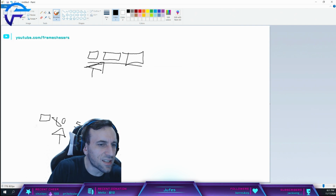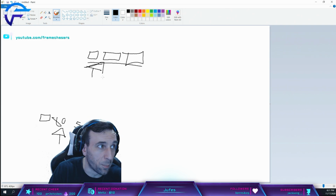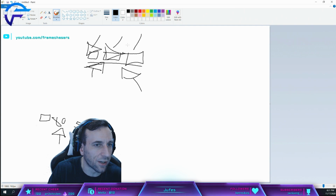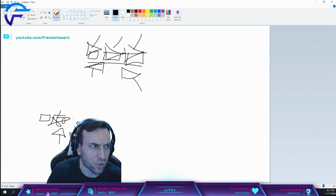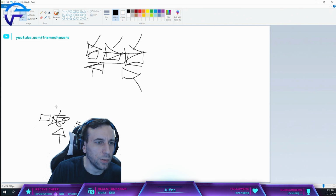So if this is detecting 50 watts, it's going to pull more from the rest of the board, right? But if it's detecting even less from here, it would pull more down the line here to match this, right? That's just a theory. I have not tested this. But so you would only need...